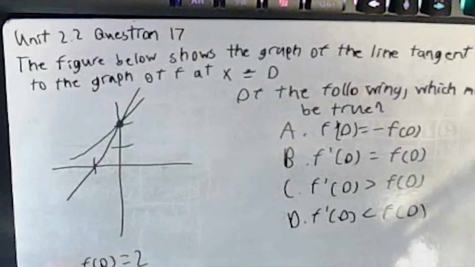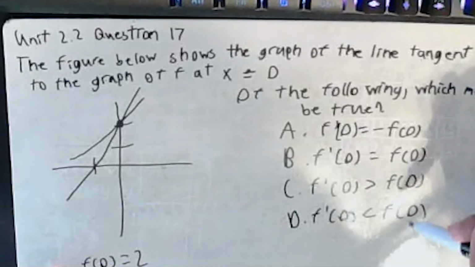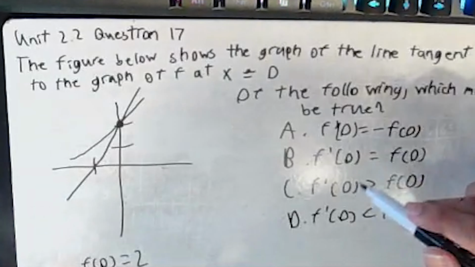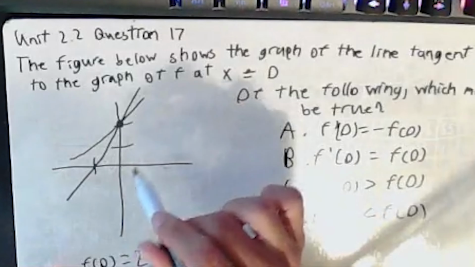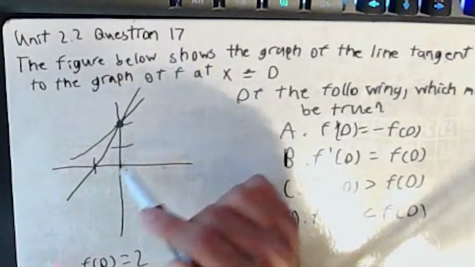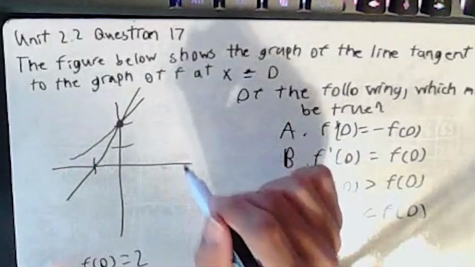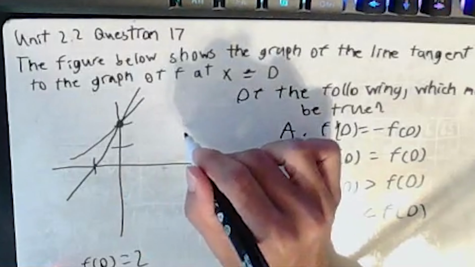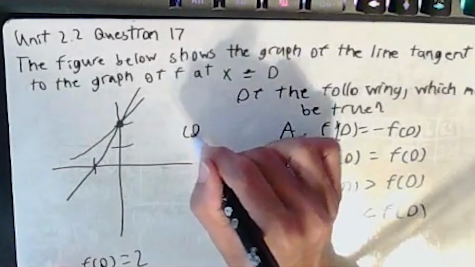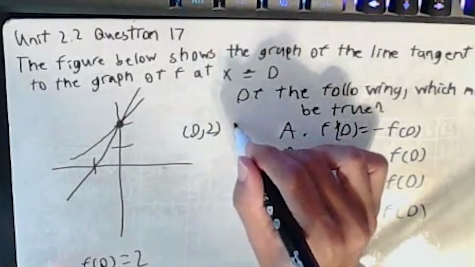Now, of our answer choices, I see that they all have f of 0 and they all have f prime of 0. So how do we find f prime of 0? Well, that's just going to be the slope of our tangent line. So let's go ahead and find the slope. We can use 2 points. I'm going to use (0, 2), and I'm also going to use